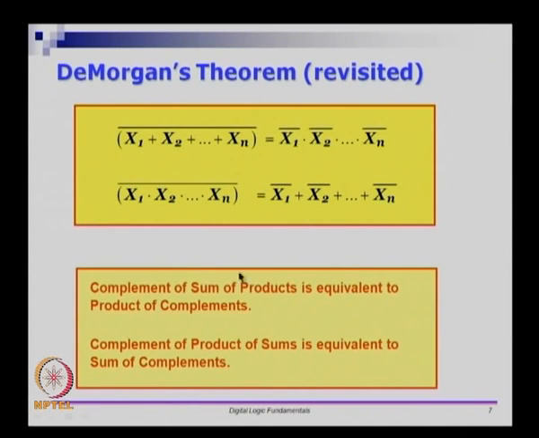So, let us take a look at De Morgan's theorem. I showed this in the previous module: the complement of x1 plus x2 and so on up to xn is x1 complement and x2 complement and so on. What it essentially says is, if I start with a sum of products, assume that x1 itself is a product term, x2 itself is a product term and so on. If I take individual product terms and sum them,